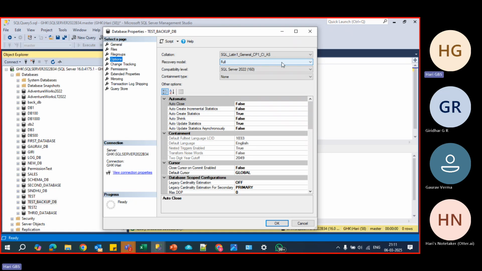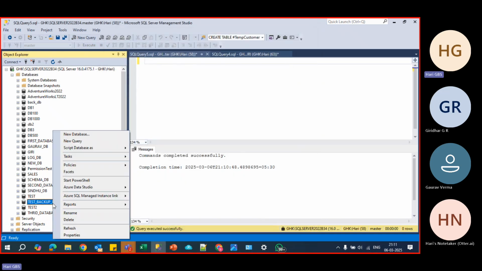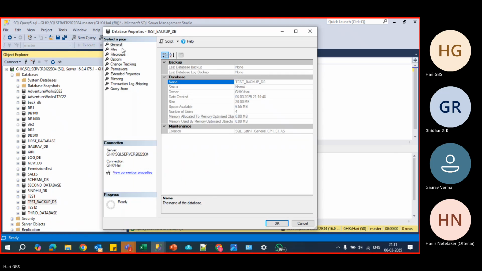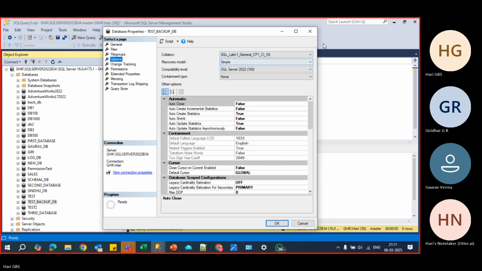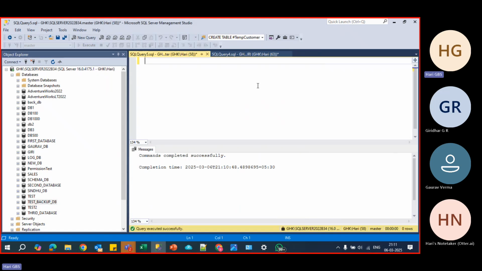So on full recovery model, we can take log backup, right? Simple recovery model, we cannot take log backup. Let me explain. Click on OK. So right now, which recovery model is it? Go to options. Which recovery model is this database in? Simple. Okay. Let me take a log backup,